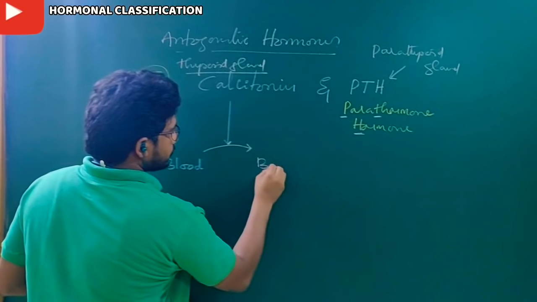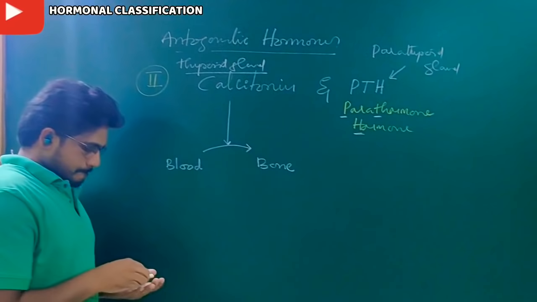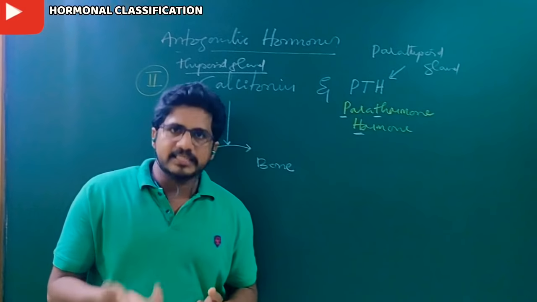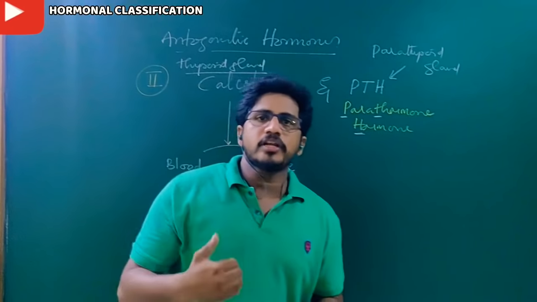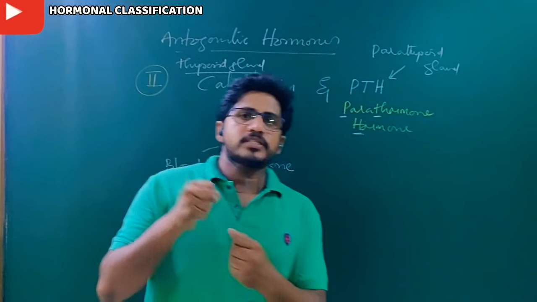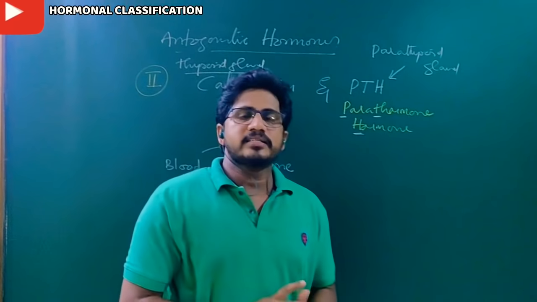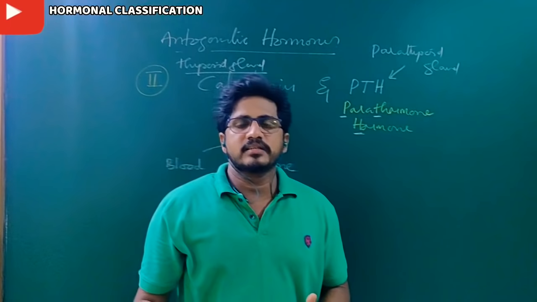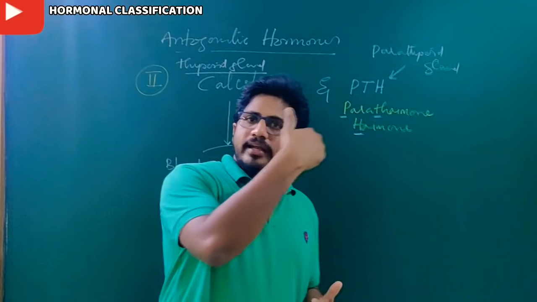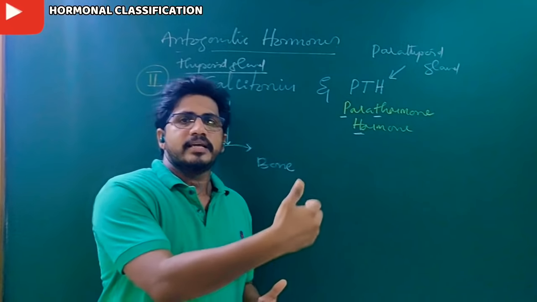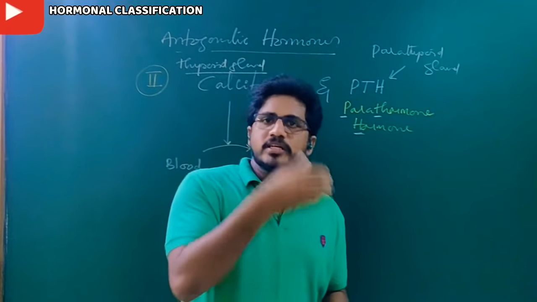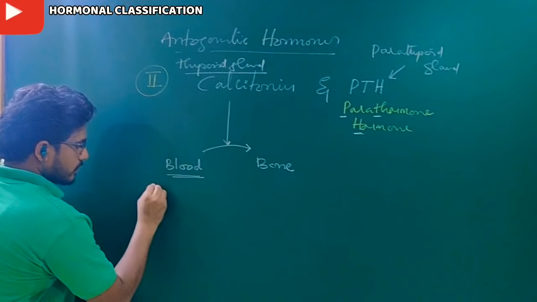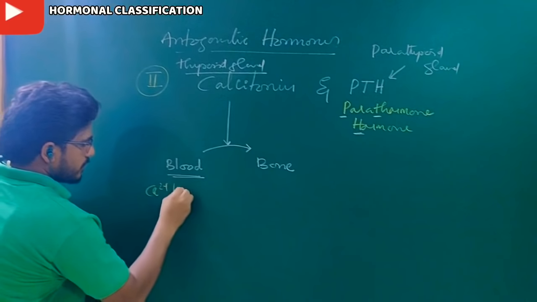Understand? Just like before I explain, if the number of glucose molecules in the blood is in excess, then insulin will come, pick up the glucose molecules from the blood and place them in the liver as glycogen. Whenever the glucose level in the blood decreases, glucagon hormone will come from the pancreas, pick up the glycogen, break the glycogen and release glucose into the blood.